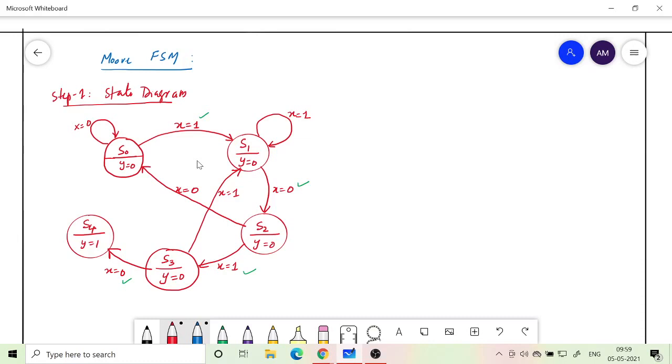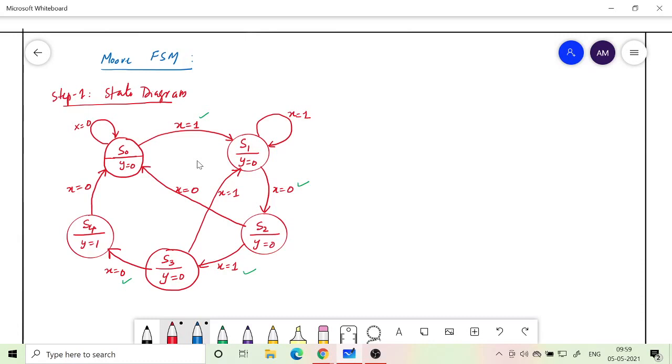I have already detected 1 0 1 0, but now the next bit, if it happens to be 0, that is 0 0, means I have to go back to the beginning. So this is for x equal to 0. But instead of that, if I get another 1,